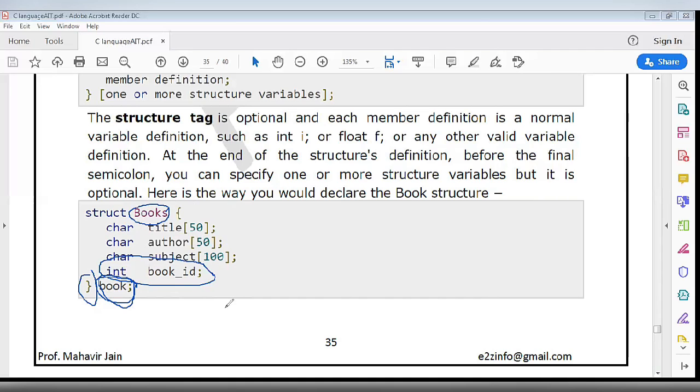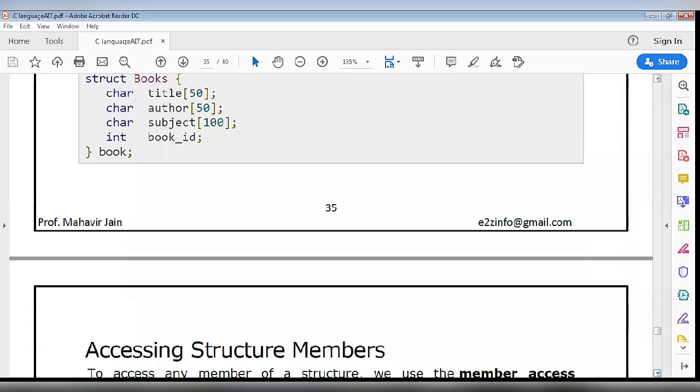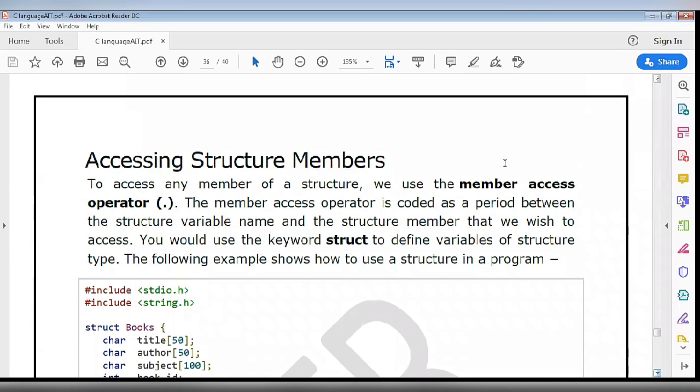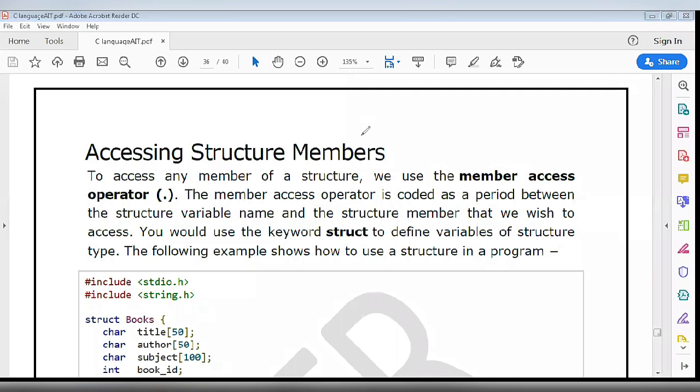Now we will understand this concept with the help of a program. Now I am going to explain one program in which we will define a structure of our books and we will take the input and print. But before that, we need to understand how we can access the elements of the structure. As we know, a structure has multiple elements.